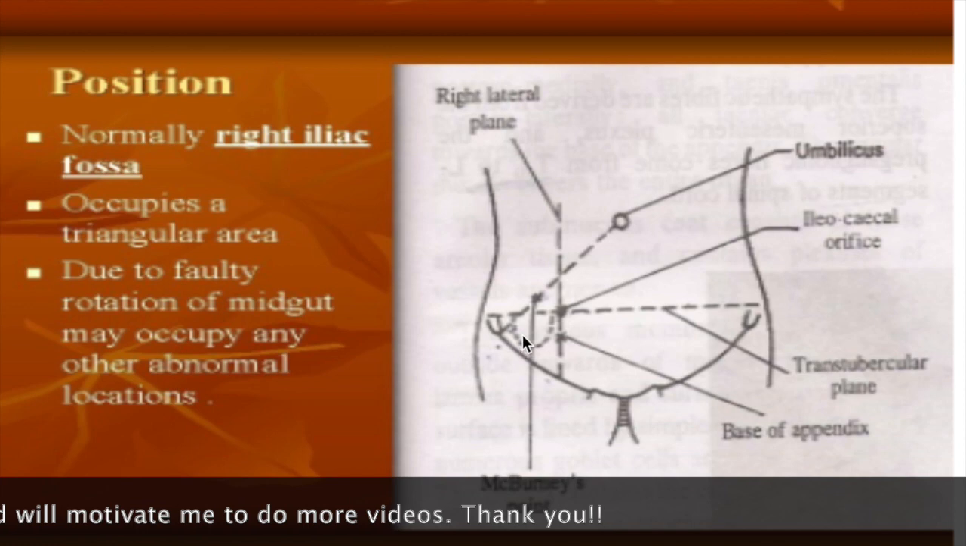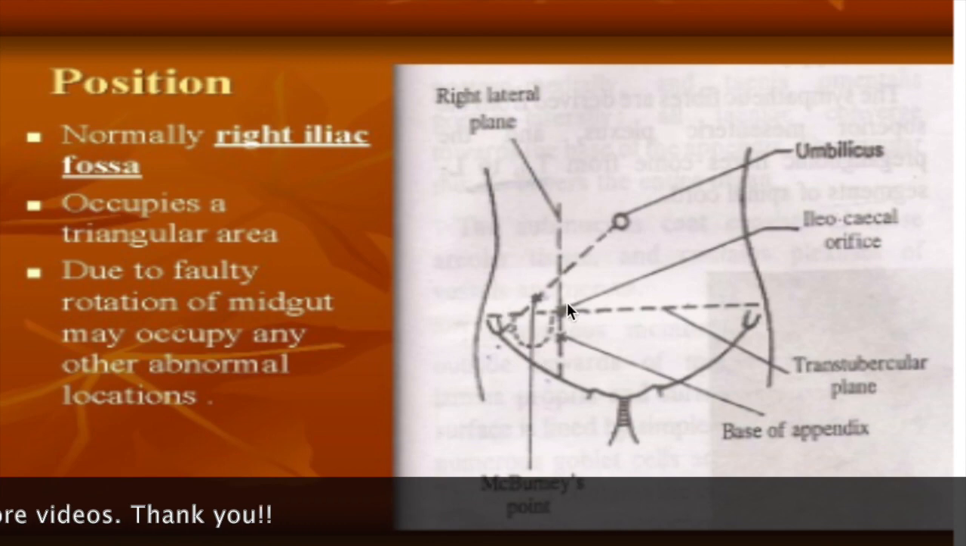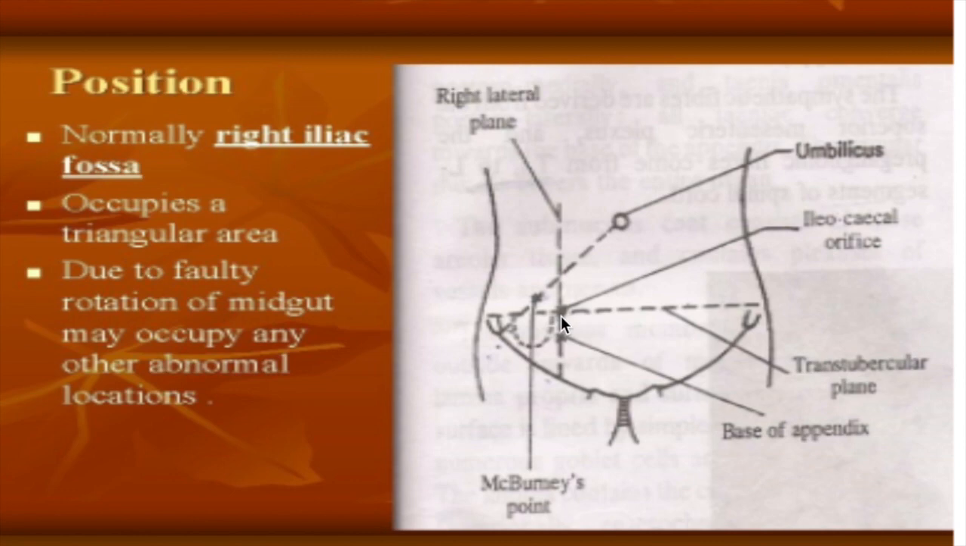As I already mentioned, it is located in the right iliac fossa, and it occupies a triangular area. Above it is bounded by the transtubercular plane. As we all know, the abdomen is divided into 9 regions by 2 lateral planes, the transpyloric plane and the transtubercular plane. See the outline of the cecum, it occupies a triangular area. Above it is bounded by the transtubercular plane, below by the inguinal ligament or fold of groin, medially by the